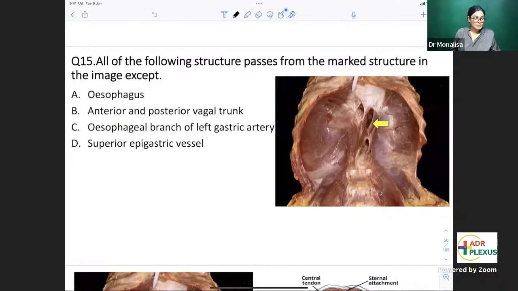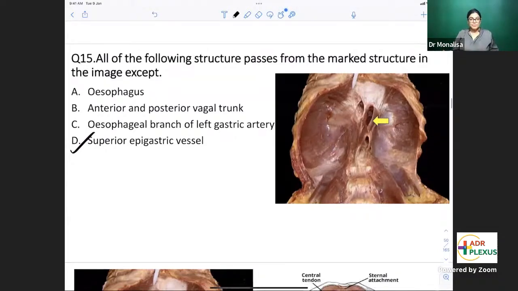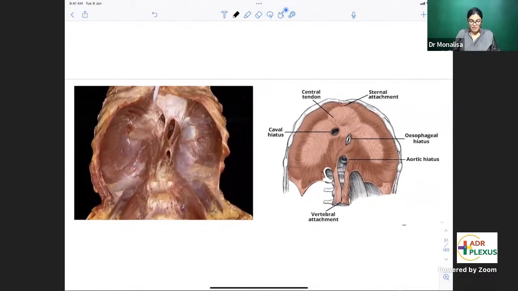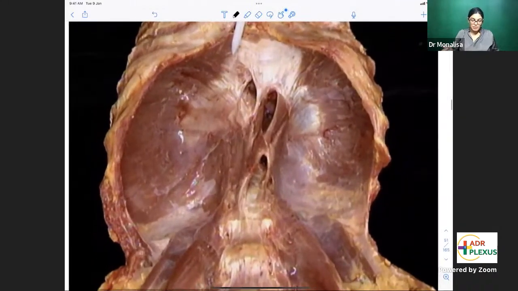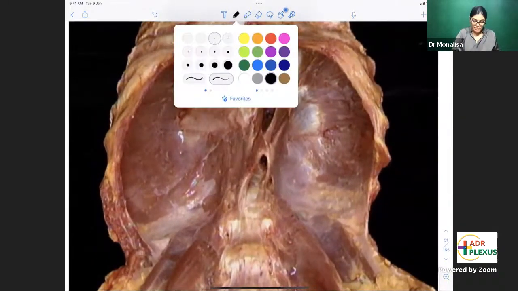Now, if it is the esophageal opening, you know the structures passing through it. And we know that the superior epigastric vessel is the right answer, which is not passing through the esophageal opening of the diaphragm. So first thing, see this image, this is the specimen where you can appreciate